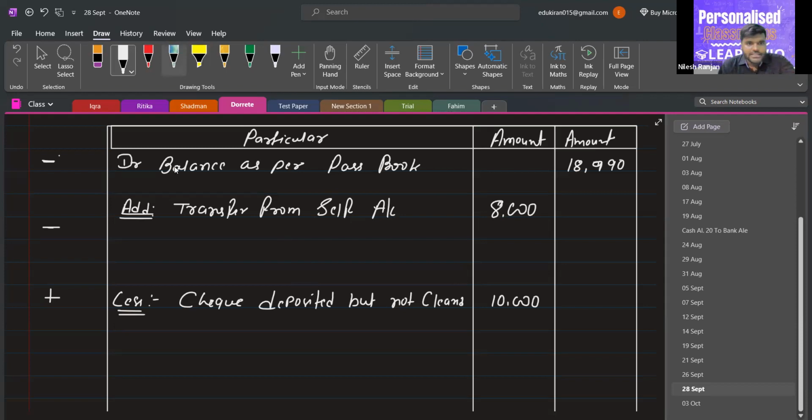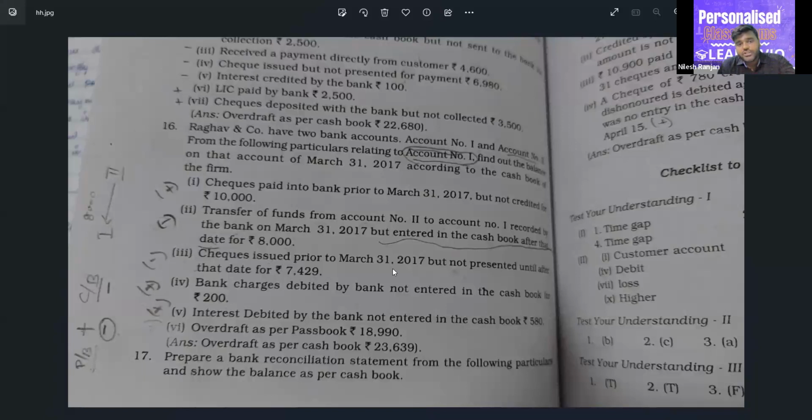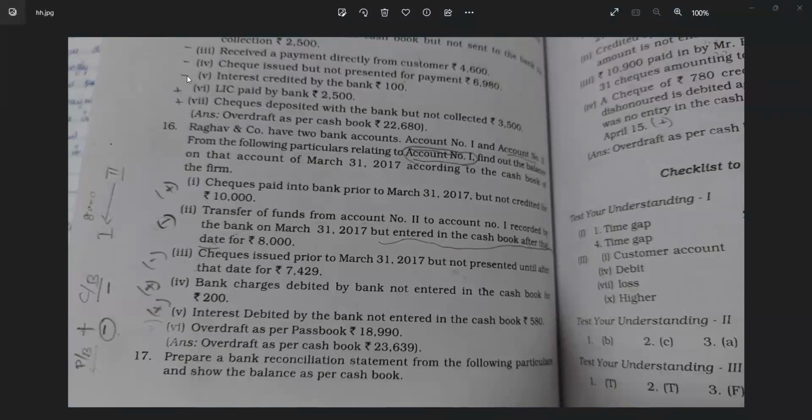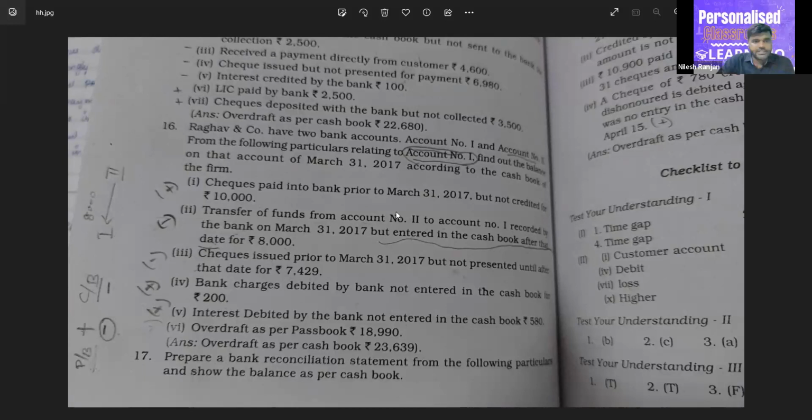Okay. Next thing is check issued prior to March 31st, 2017, but not presented until after that date, for 7,429. Now, if we issue the check,